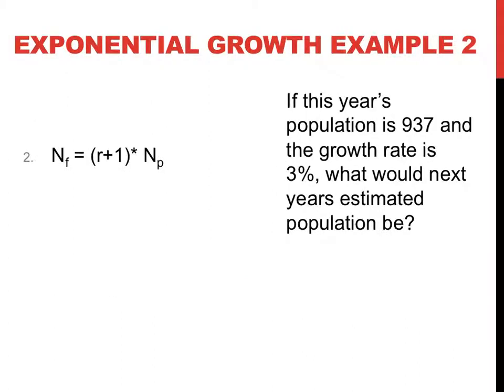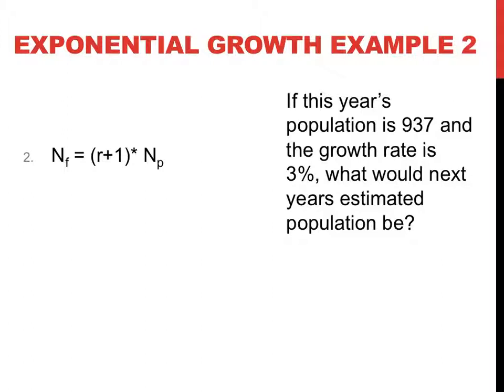The second example problem incorporates the growth rate, or R, that we solved for in the previous problem in an attempt to project what the population might look like in the following year. NF in this problem represents the projected future population, NP represents the present population, and R, as stated on the previous slide, represents the population's growth rate. This problem asks, if this year's population is 937 and the growth rate is 3%, what would be next year's